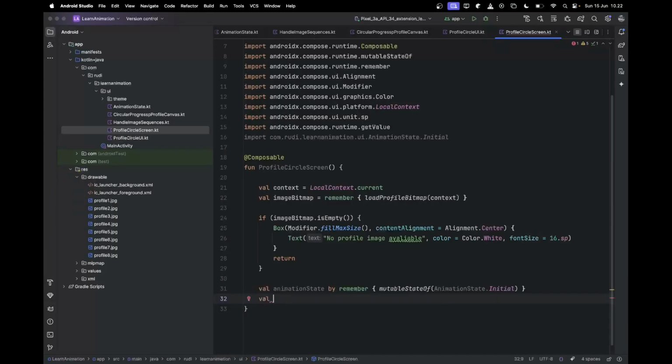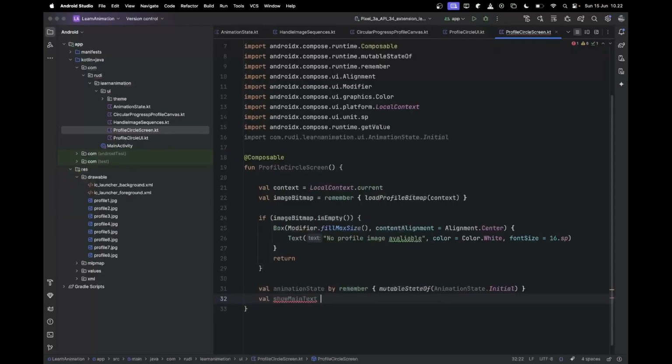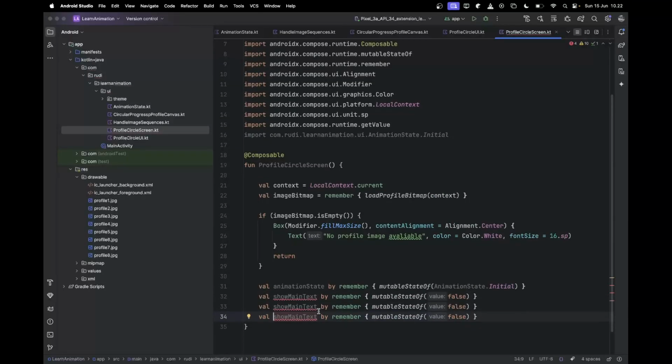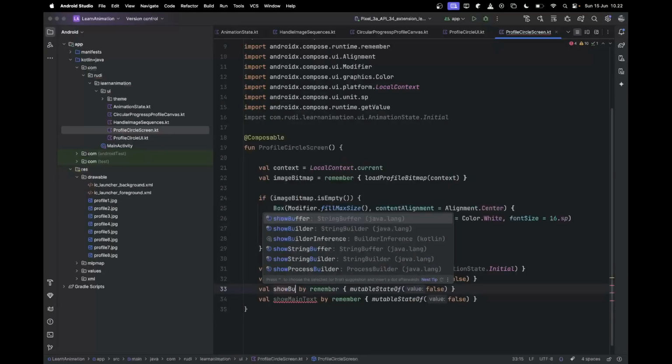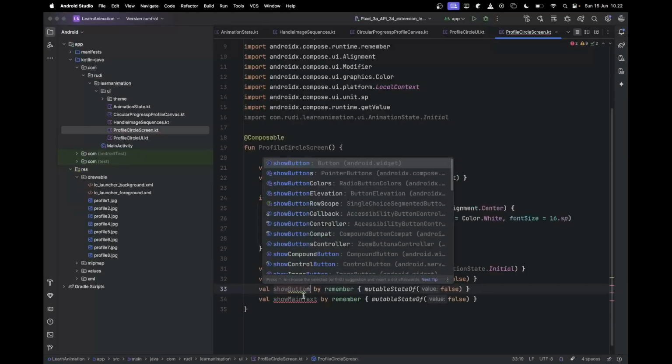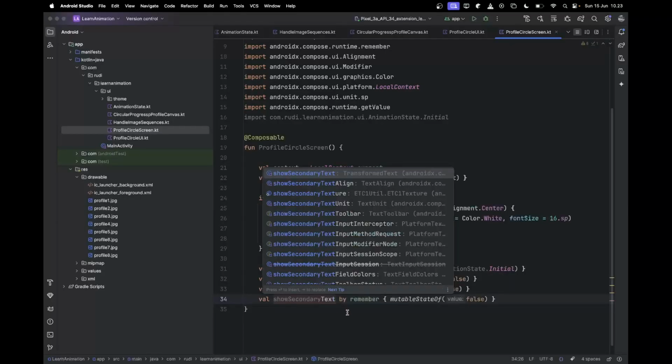Next, move for new variable for the showing main text, is by remember mutable state of false, and just duplicate, change the variable show button and show secondary text. Okay, just like this,